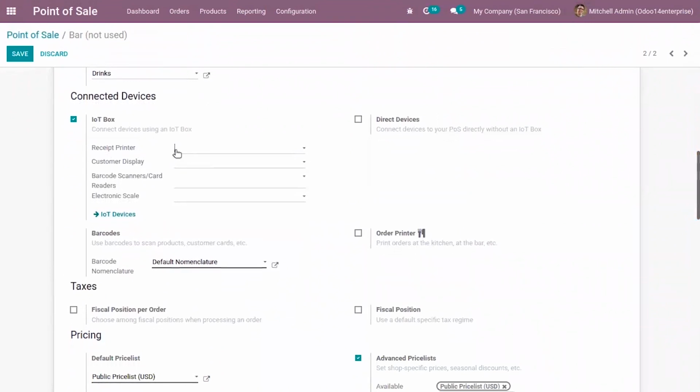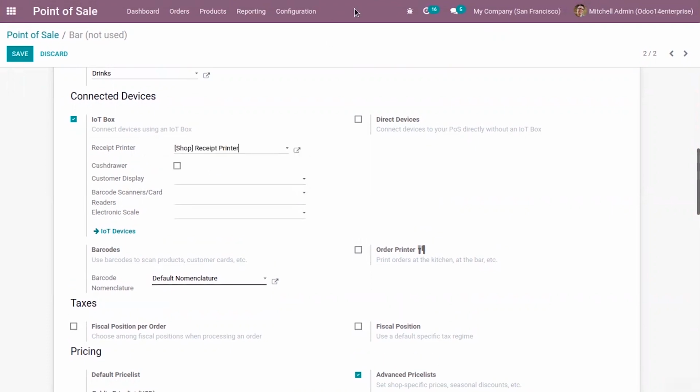The first one you can see is a receipt printer. Even though digital receipts are issued, a receipt printer is needed to print out an instant paper receipt. So you can connect a supported receipt printer to a USB port or to the network and power it on.